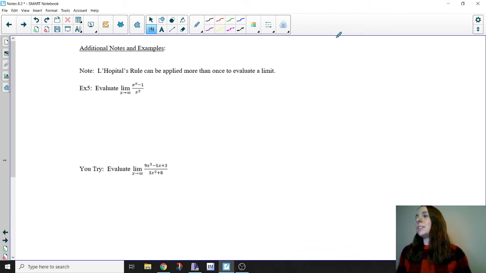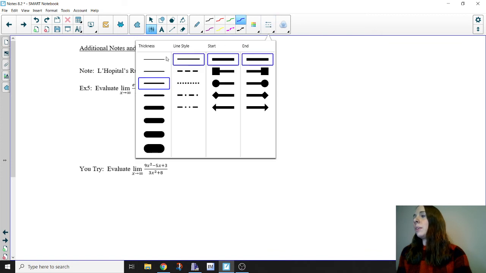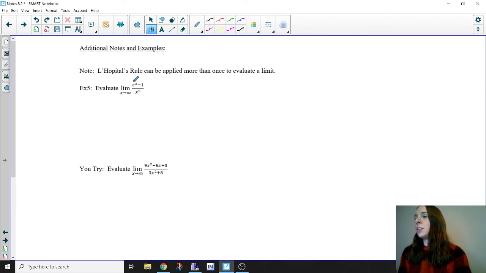Okay, finally, additional notes and examples. This note says that L'Hopital's rule can be applied more than once to evaluate a limit, and you're going to see an example of that here in example 5. Let me show you what I mean. What we have here is the limit as x approaches infinity of e to the x minus 1 over x squared. And when I try substitution,